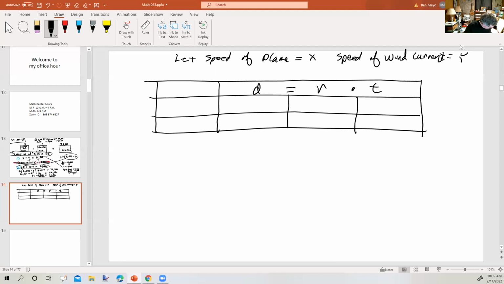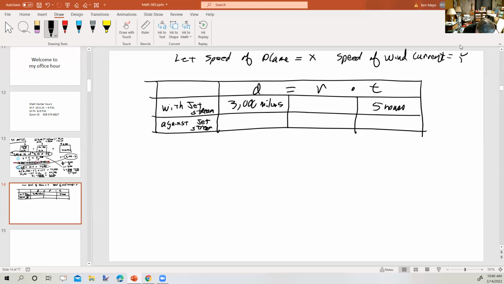Okay, so let's see where to go. The jet stream is a strong wind current that flows across the United States. Flying with the jet stream, the plane flew 3,000 miles in 5 hours. So the distance is 3,000 miles, time is 5 hours. Okay. Against the same wind, so against the jet stream,